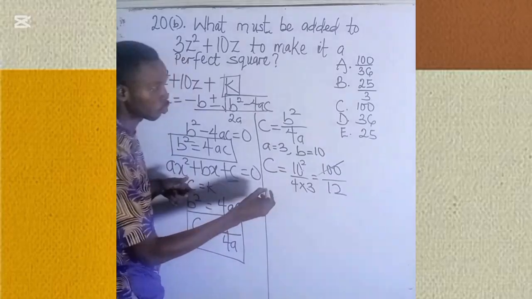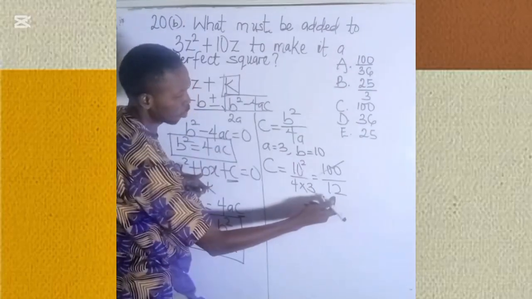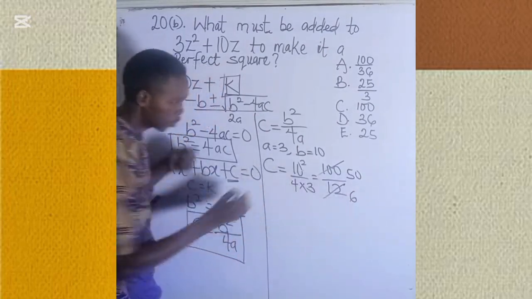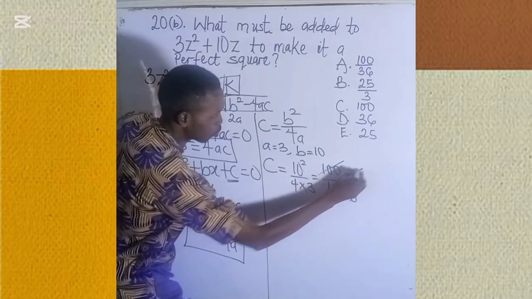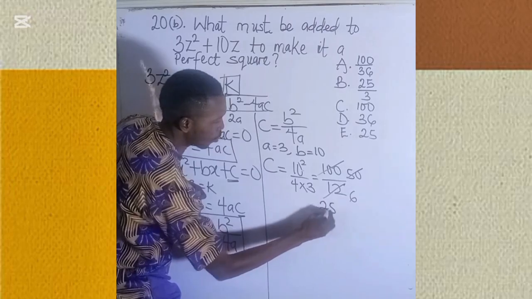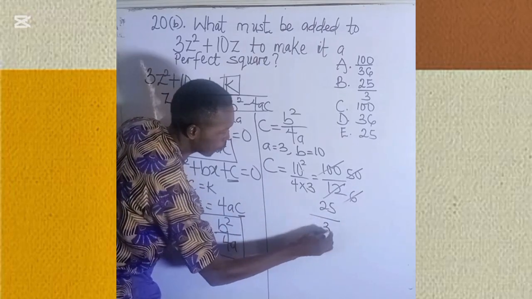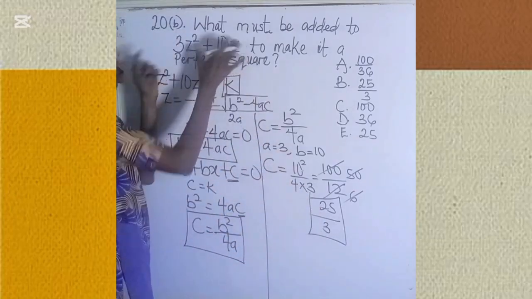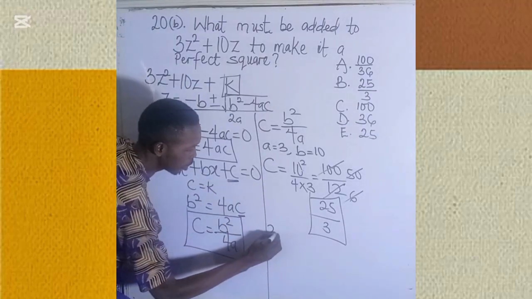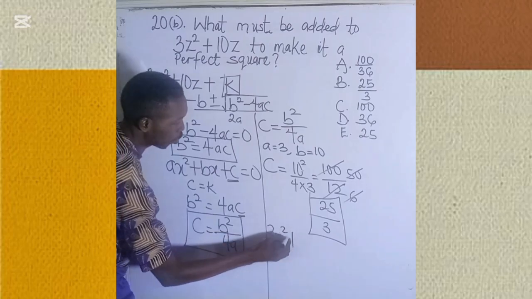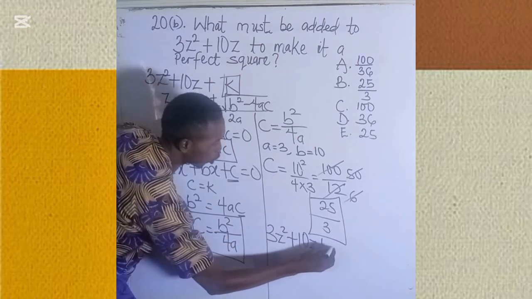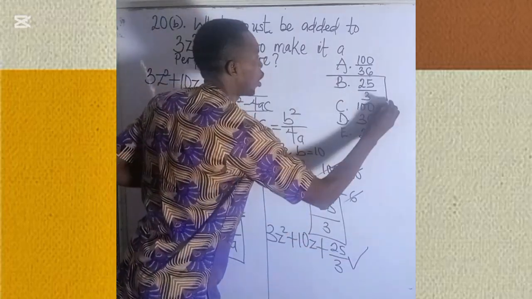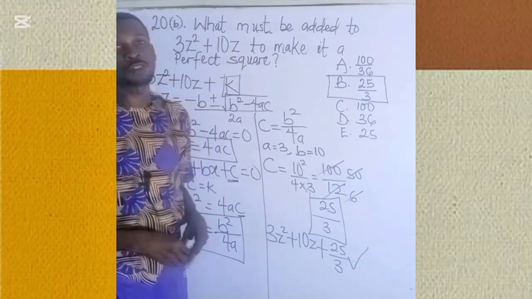I can reduce 100 over 12 to the lowest term. 2 in 100 is 50, 2 in 12 is 6. Then 2 in 50 is 25, and 2 in 6 is 3. So it means that I need to add 25 divided by 3 to this expression. So this becomes 3z to the power of 2 plus 10z, plus 25 divided by 3. So this is the correct option. All right, don't forget to